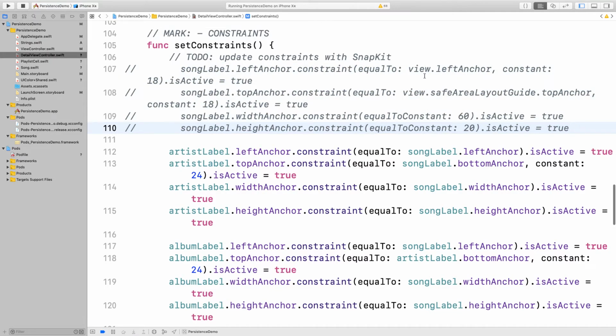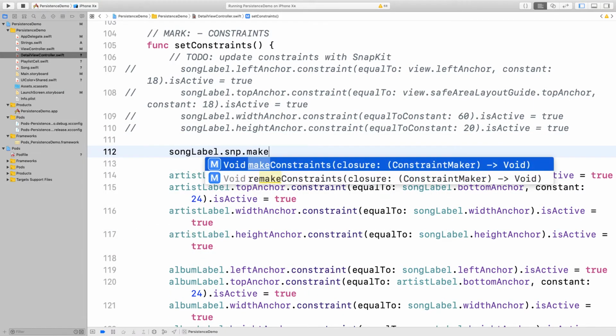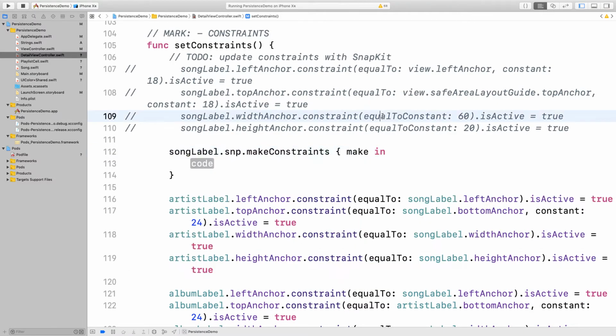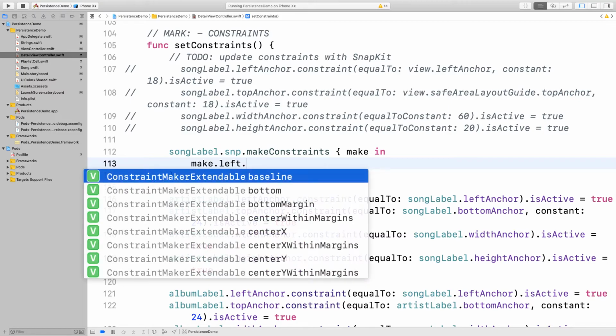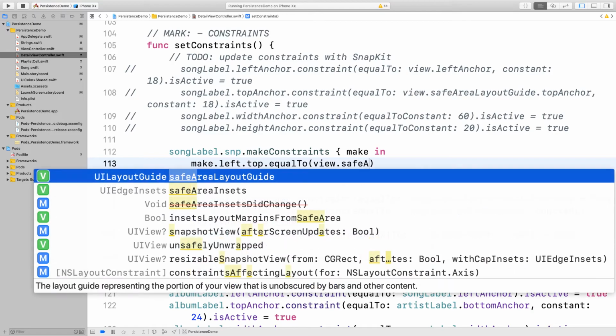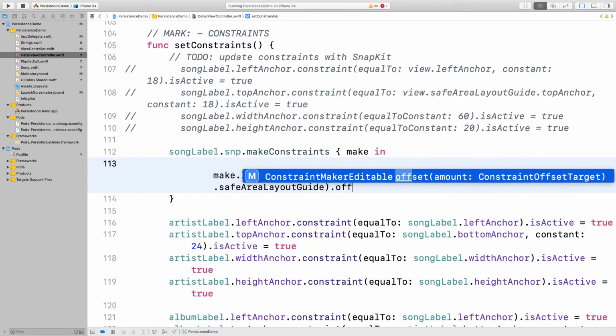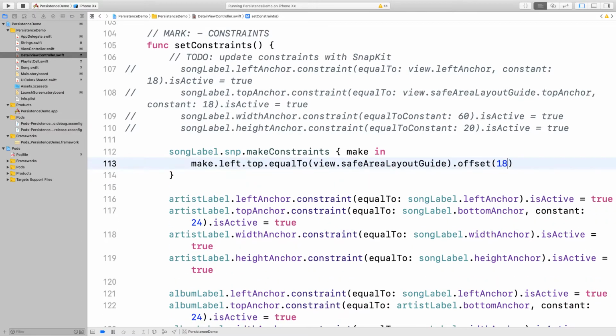Here we can again use view.safeAreaLayoutGuide for both the left and top anchor, and because the constant is 18 for both of them, we can shorten them into one line of code. So songLabel.snp.makeConstraints make in make.left.top.equalTo(view.safeAreaLayoutGuide), and then to have the constant offset, we can just say .offset(18), and